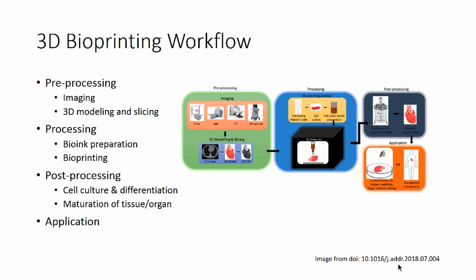So, anytime you create a tissue engineered construct, you are not going to have enough cells on it, right. You are probably just going to have cells seeded on it. So, you might want to expand the cells by cell culture. In cases of using stem cells, you might want to differentiate them to form the specific cell functionalities and cell phenotypes. You also might want maturation of tissue and organ which would require vascularization and so on. So, which might happen in vivo.